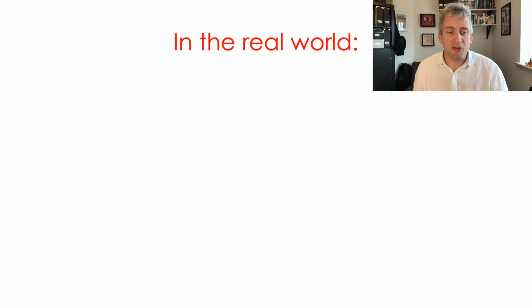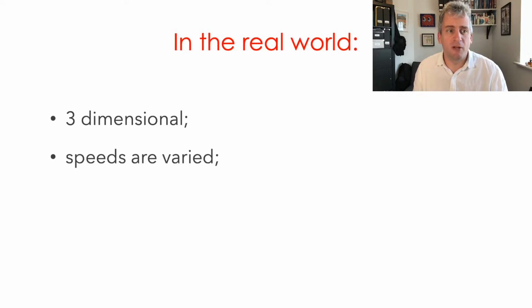We should actually try to be honest about what are some of the problems with our model that we just showed to people. Firstly, in our model it was only two-dimensional, whereas of course in the real world it is three-dimensional. In our model we only saw particles moving with a very similar speed, whereas in the real world they're going to be going at a wide range of speeds from very slow to incredibly fast, with the average speed probably around 500 meters per second, around 1,000 miles per hour.